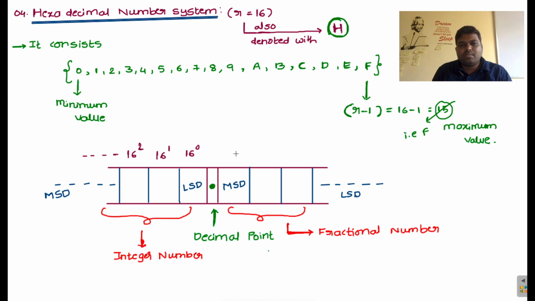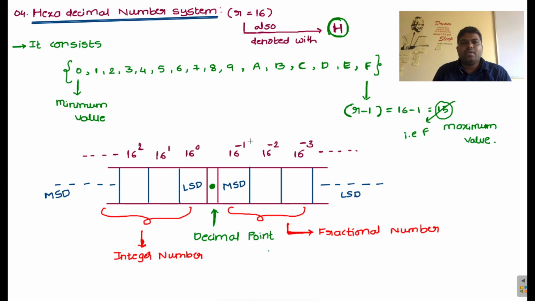And after the decimal point, 16 power minus 1 and 16 power minus 2 and 16 power minus 3, and so on. So these are the base positions, and these base positions are multiplied with these digits. Then you can take the sum of all the product values, then you will get the exact decimal equivalent